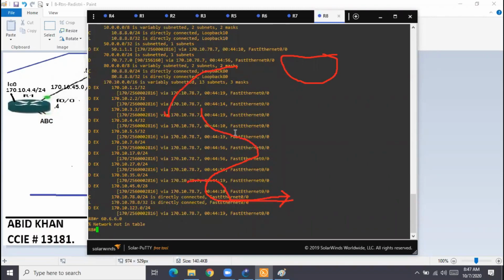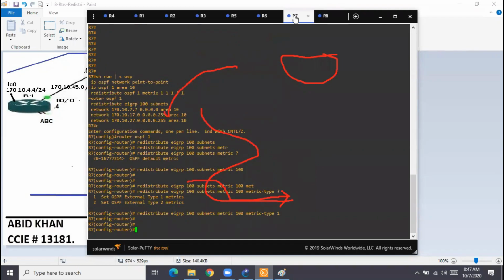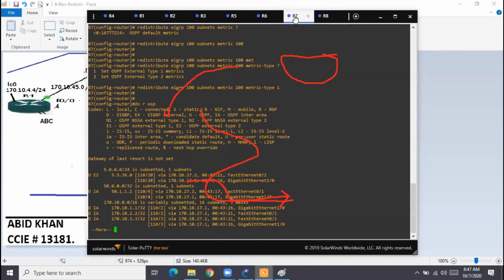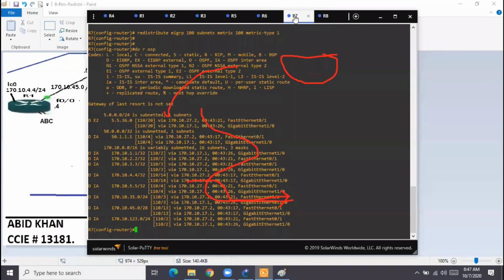R8 says network not in routing table. Why? Let us see on R7. Do show IP route OSPF. Do I see 60? R7 itself is not having the R6 redistributed route. Why is the problem like this? Let us check the other side, R4.